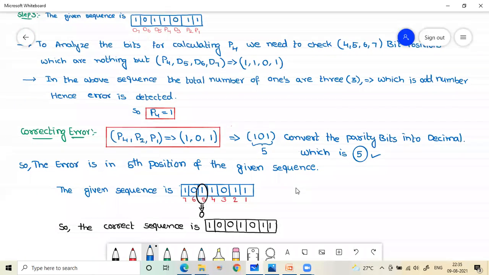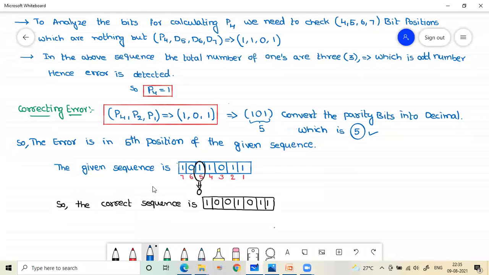The fifth position in the sequence: the given sequence is this one, 1 0 1 1 0 1 1. Here, at the fifth position, counting 1 2 3 4 5 6 7, it is a 7-bit Hamming code. So the error is in the fifth position.